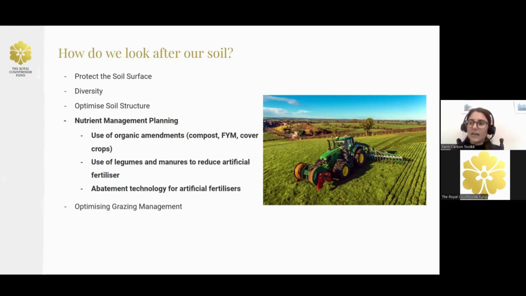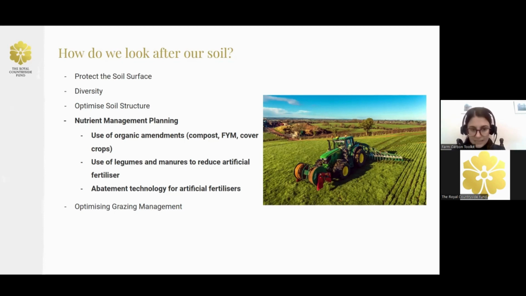What can we do to help fields come to a better balance? When you've got results which might have an index 4 for phosphate and an index 1 for potassium, we can look at that nutrient management plan to understand how we can bring these nutrients better into balance, so that what we have is what the plant or crop or pasture needs for us to have a really resilient farming